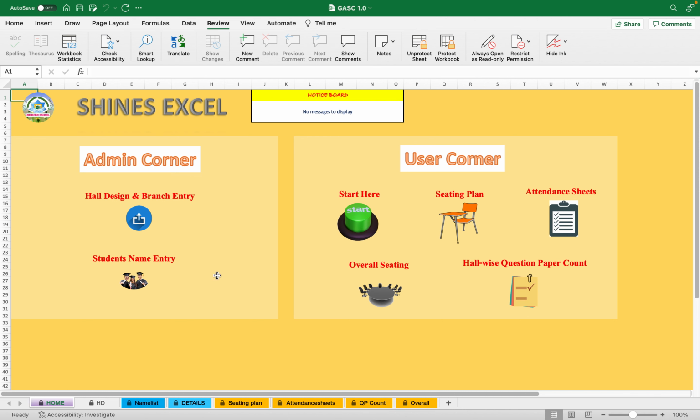Welcome to Shine Seating. This is the home page and the latest version of our seating template. It has the admin corner and the user corner. Before the user corner is used, the admin should enter the hall design, that is the hall